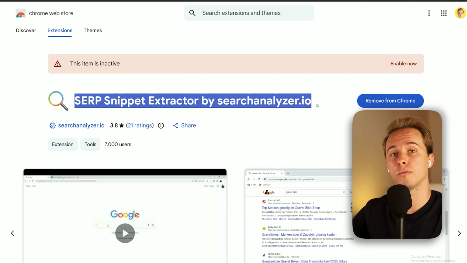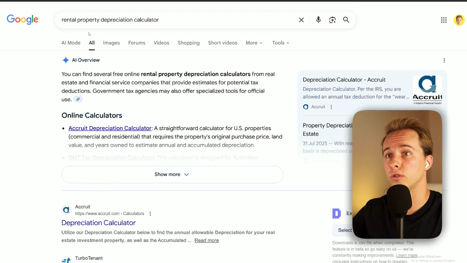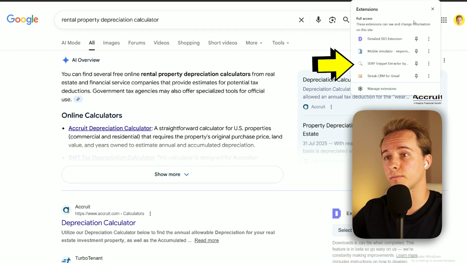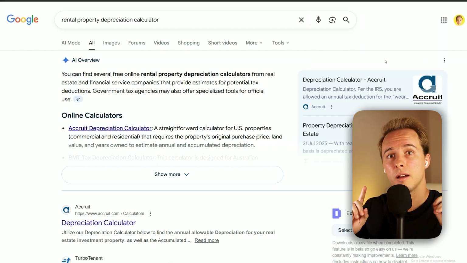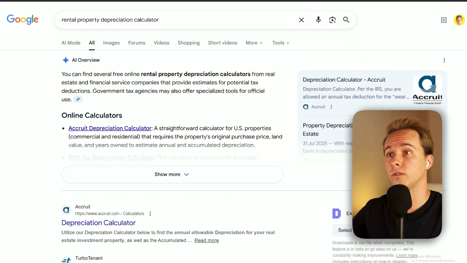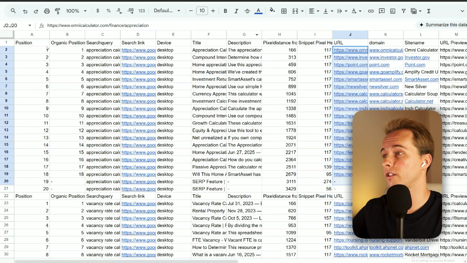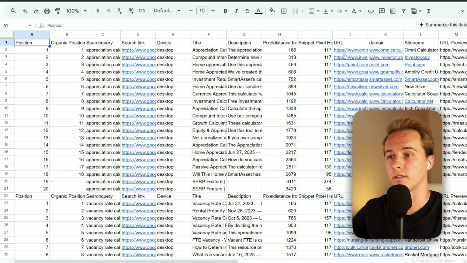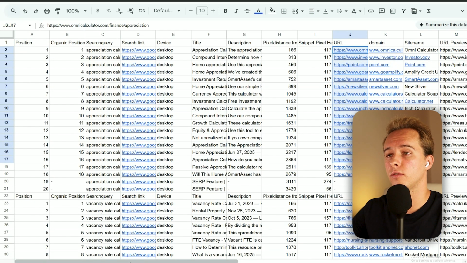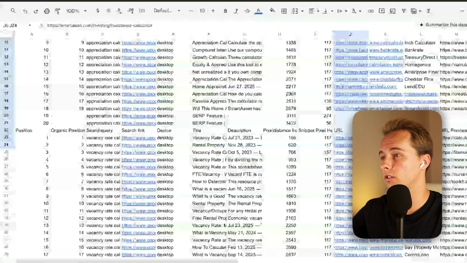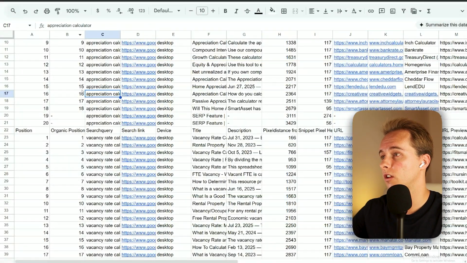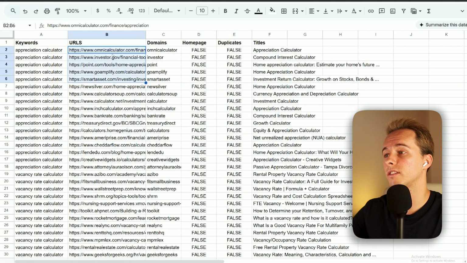So there it is. You put it in your Chrome and then just search the keyword in Google, go to extensions, you just press it and it seems like nothing happened, but actually it has copied all the results in your clipboard, and you just go here, press paste, and it's gonna put all of them here. Then from this moment onwards, there might be a few duplicates between one keyword and another. You see here, we search this keyword, here we search another. So we erase the duplicates, so we get only the single ones,